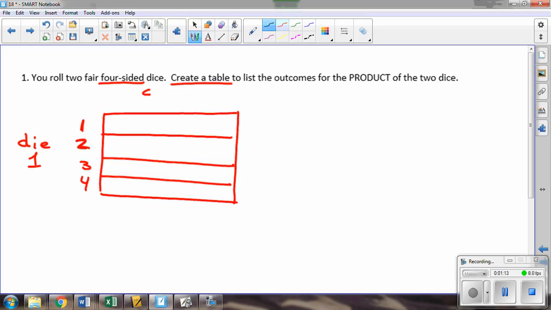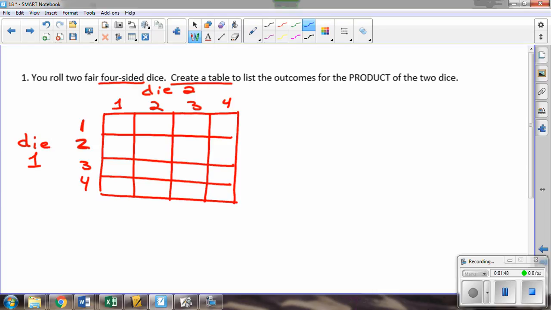Along the top, we'll list out the options for the second of the 2 dice. And just like before, we could get a 1, a 2, a 3, or a 4. And so each one of those gets its own column, and we've got the basic outline for the table. At this stage, we're going to actually crunch some numbers and start filling in the table for the different outcomes,